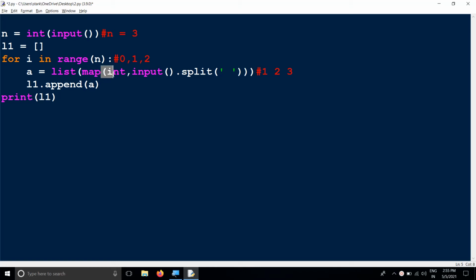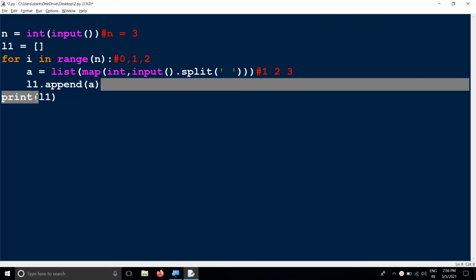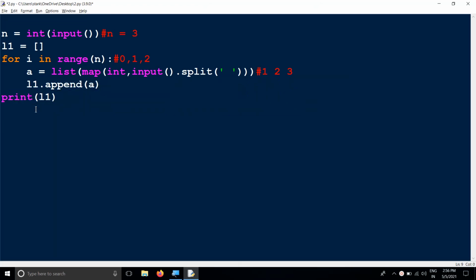So now by taking the input from the keyboard like 1 2 3, I'm splitting on the basis of space. That's why I have taken spaces inside 1 2 3. So now I'm taking the first one like this. It's going to append to L1 the a value I have taken. Internally it's considered like this and inserted into L1. So now this is L1 and you'll be getting the output like this.